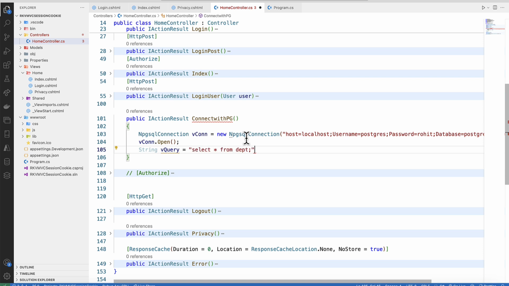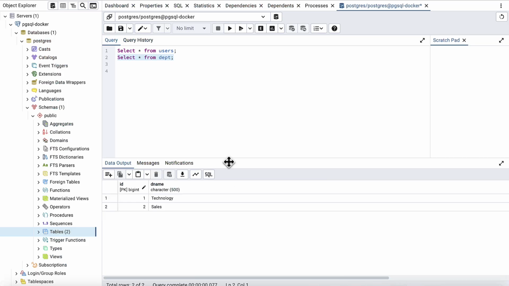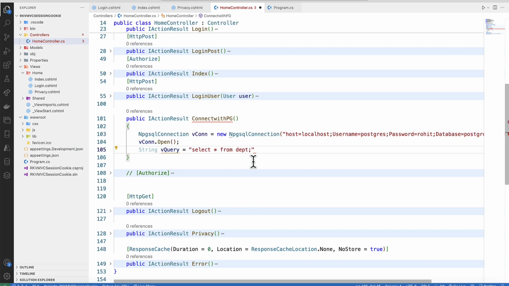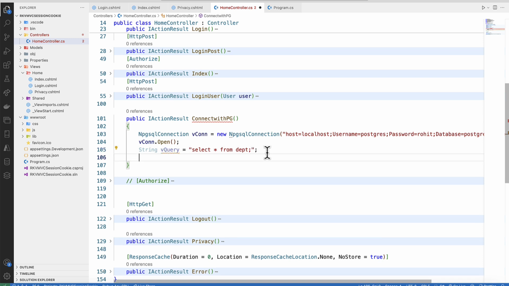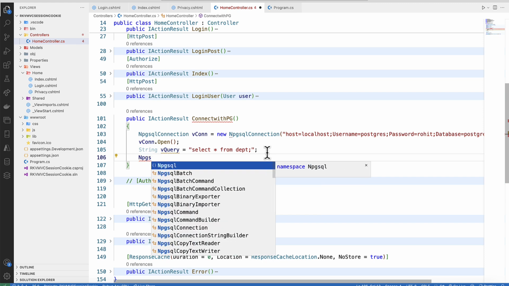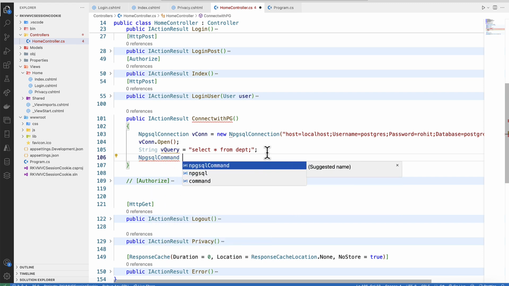So that's my query, which if we go back to Postgres, select star from department, we get two departments which are there, and that's what we need over here. So this is done, and the query is made. But in order to run this query, we need to use another thing, NpgsqlCommand, which is, let's say, vcom